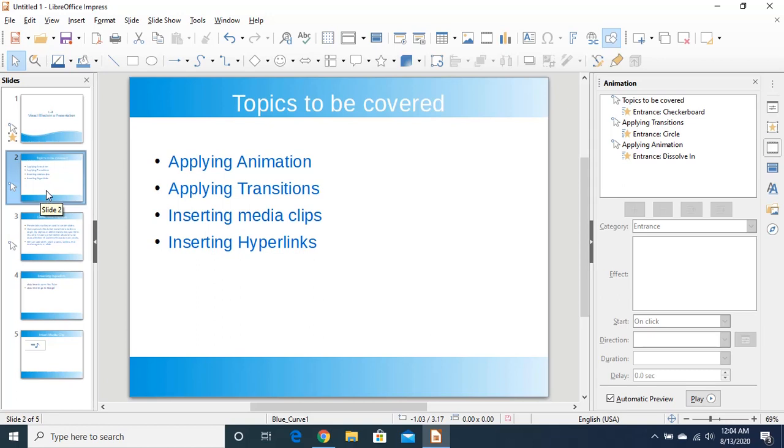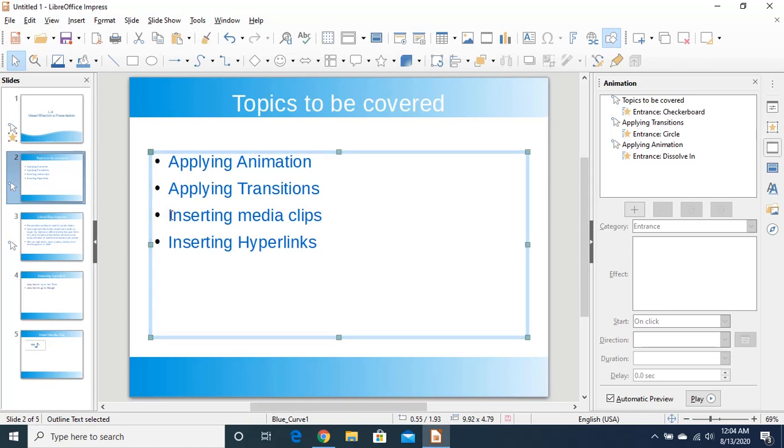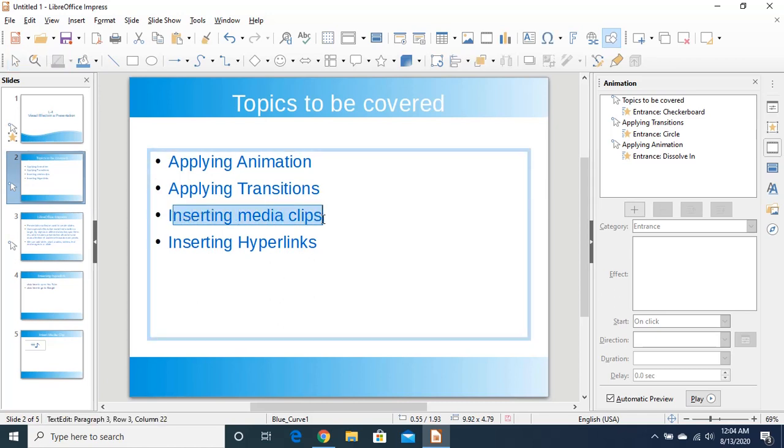To follow the steps, first we have to click on the text on which we have to apply the animation. Suppose I want to apply animation on this phrase, inserting media clips.